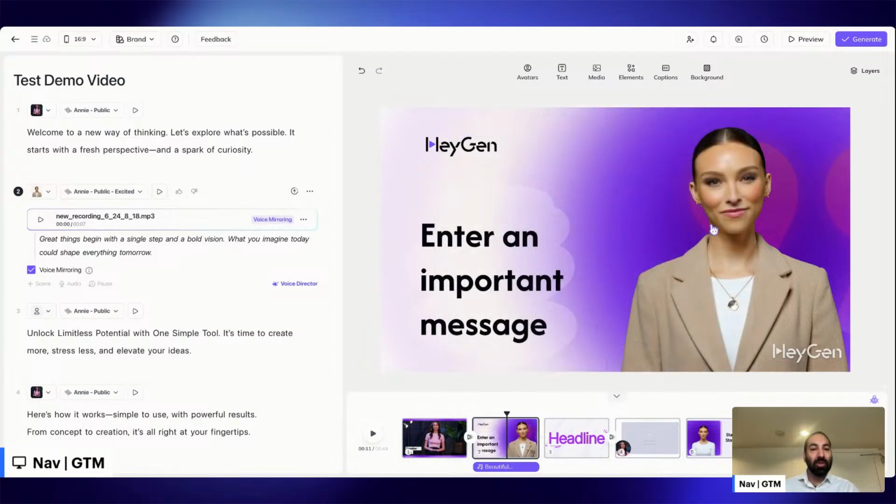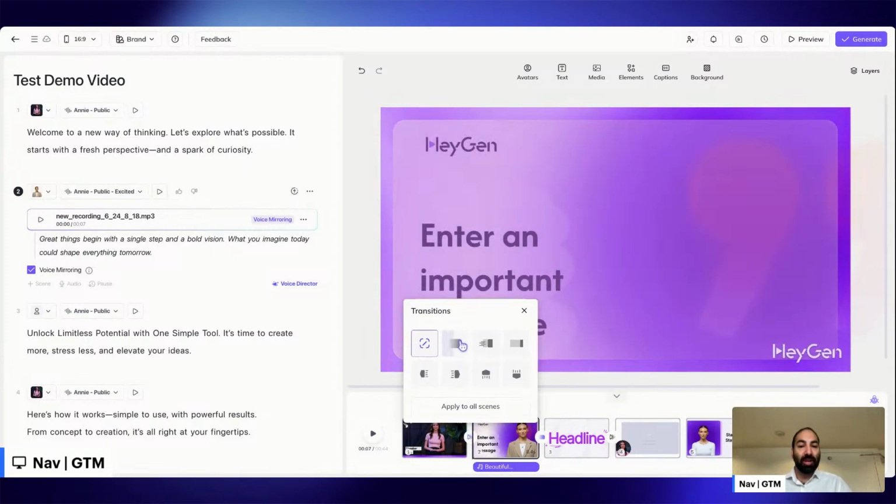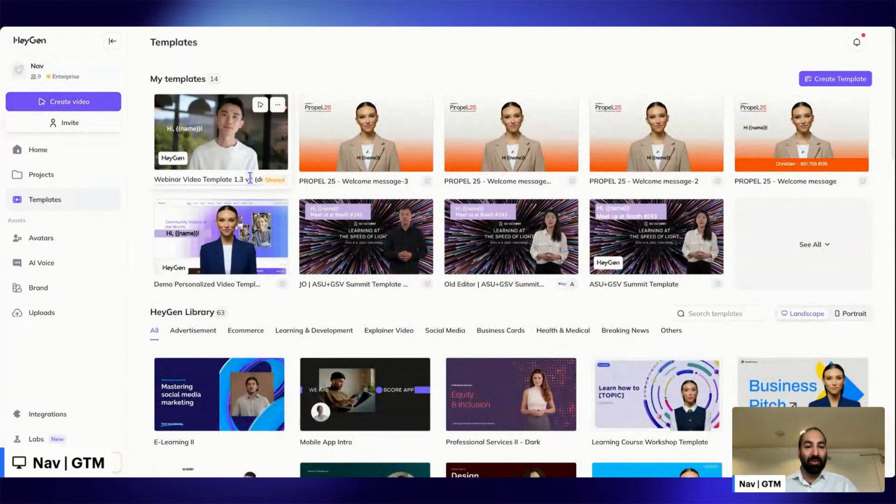So here I've added in some music. It's really as quick as drawing it in, and then you can right click on different elements to be able to edit them in different ways. So here you can add scene transitions. That's another powerful feature to help make sure that there's some consistency and a good look and feel to what you're creating. There's a lot more that you can do, but we want to jump into all those features for the sake of time. I will jump over to video translation now,